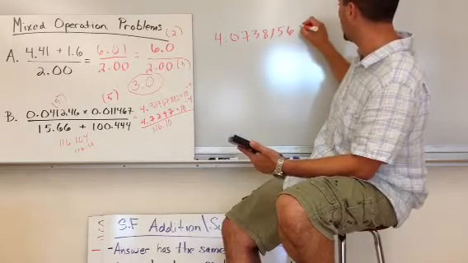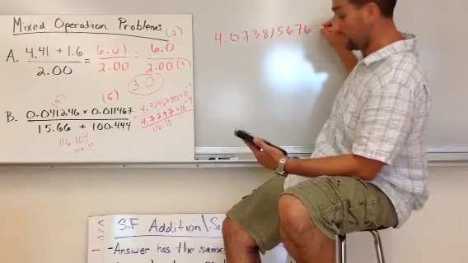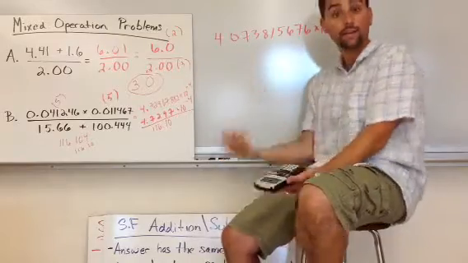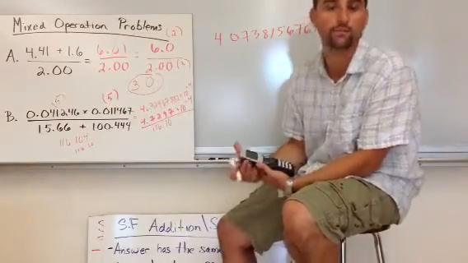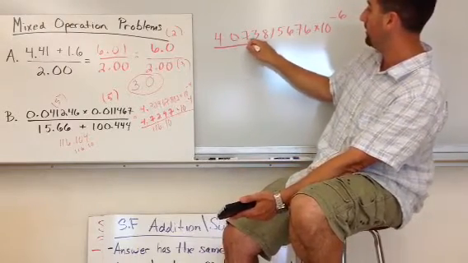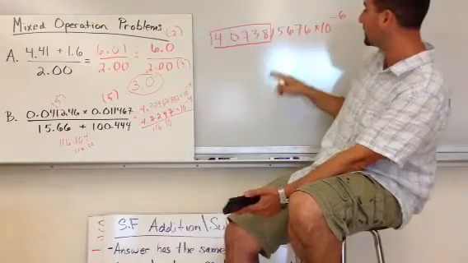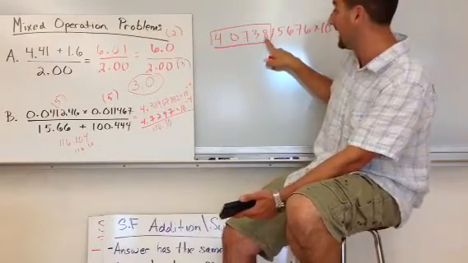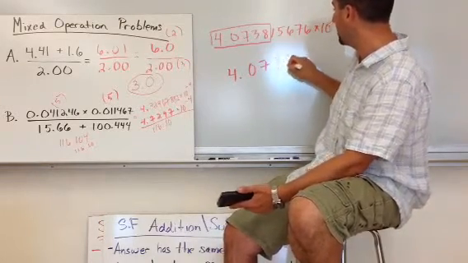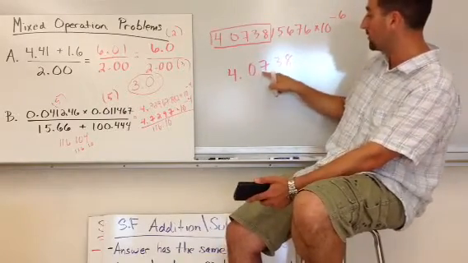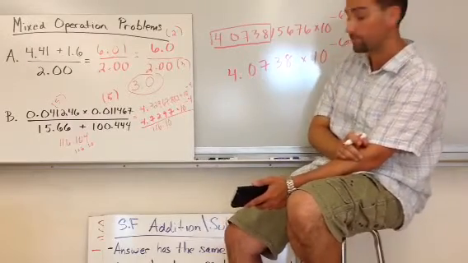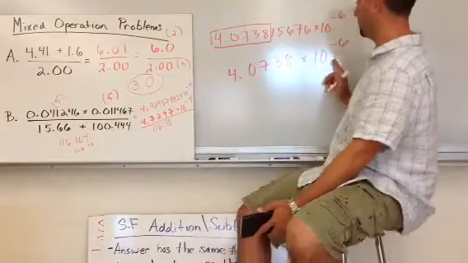It's like chemistry class, right? It never ends. 76 times 10 to the negative 6. Once again, I can't keep that. That would be crazy talk, right? So to round this to 5 sig figs: 1, 2, 3, 4, 5. Those are 5 significant figures. The 1 keeps the 8 as an 8. So finally, after a long battle with this problem, our final answer is 4.0738, and don't forget your magnitude. Now, if you wanted to, you could also